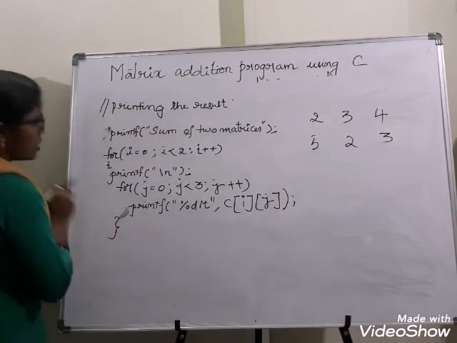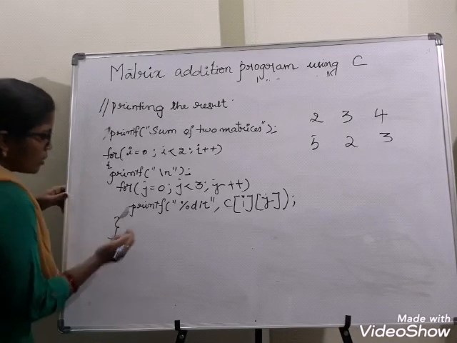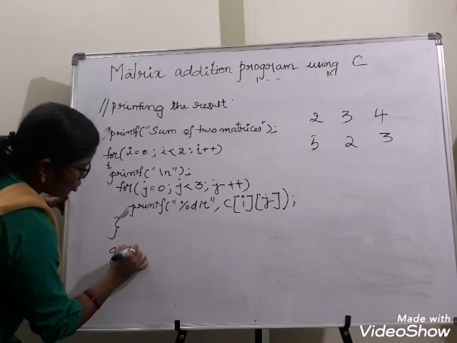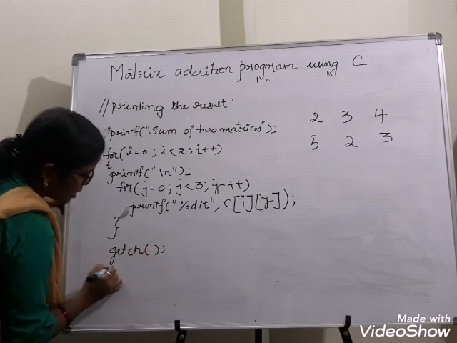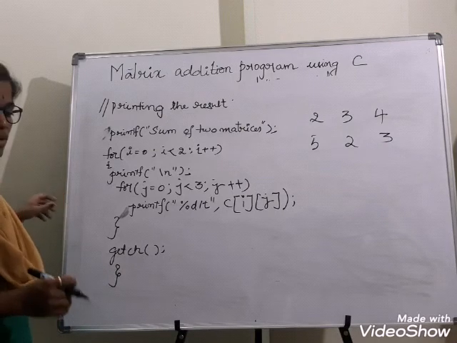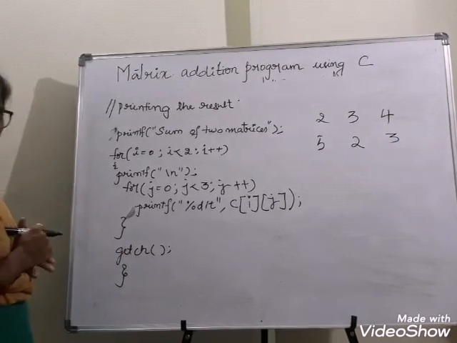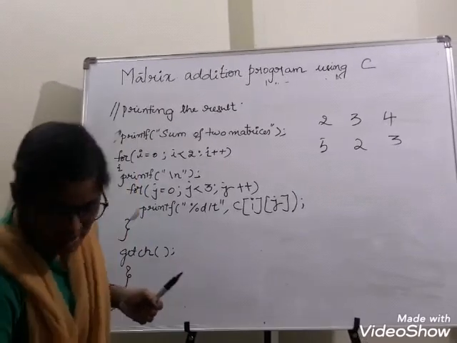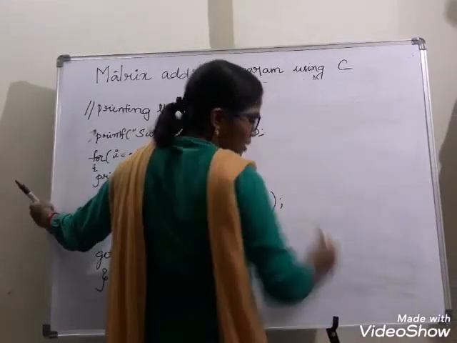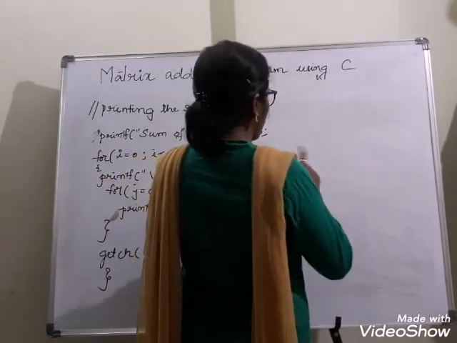So close. This is the closing of this for loop. And I have opened the main also, so close the curly brace. This is the closing of my main. So this is the program actually. So let's see an example. Suppose if I read, I'll just write the output here.